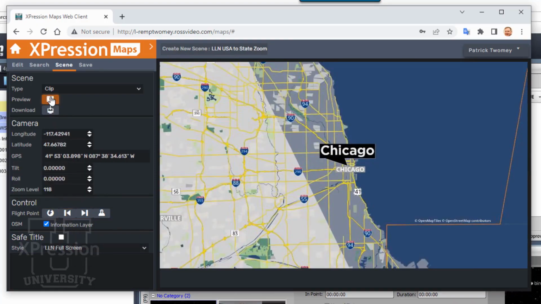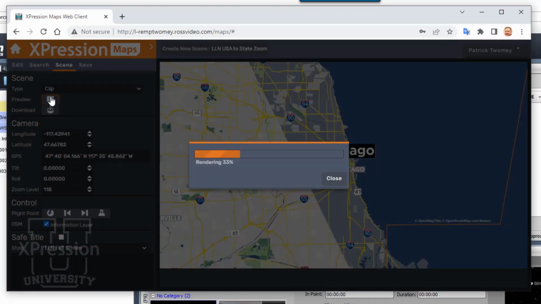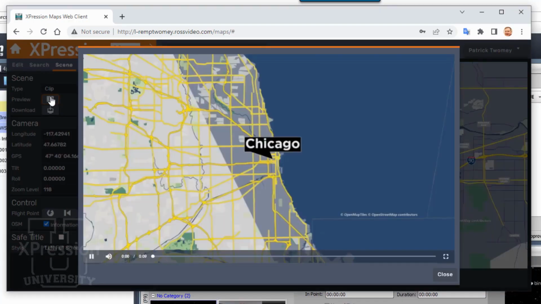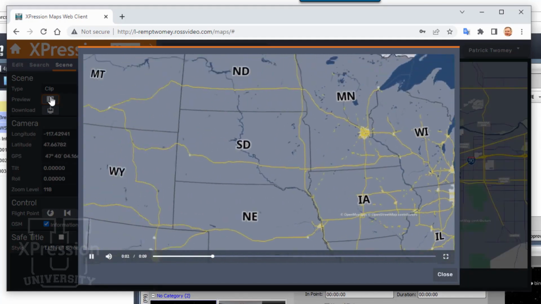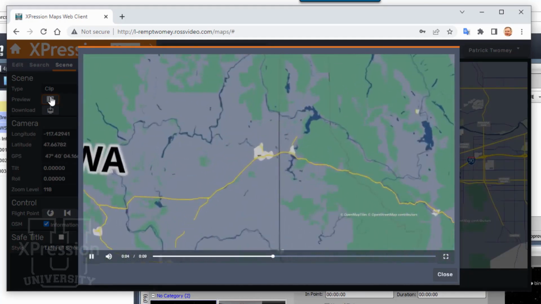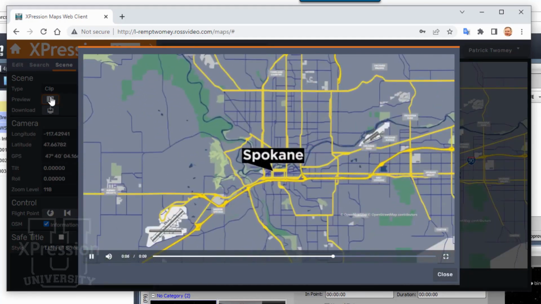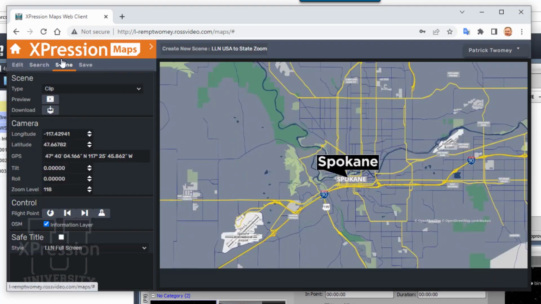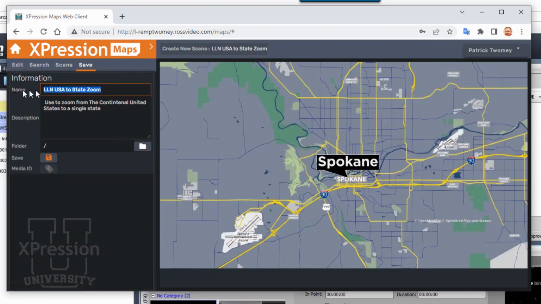So if I preview this, what you'll see, I'm going to do the preview render, and it's going to create the map animation for me and let me verify that it's what I wanted. It starts in Chicago, it zooms out a little bit, it flies across the country, and then it zooms in to Spokane, Washington. That's exactly what I want. So let me do this. I'm going to use this. I need to save it. So I'm going to call it